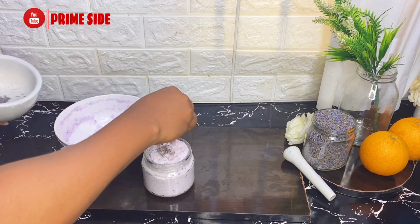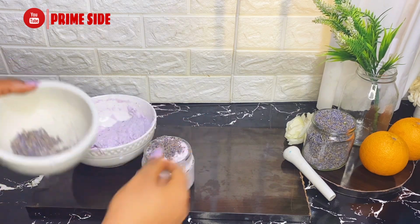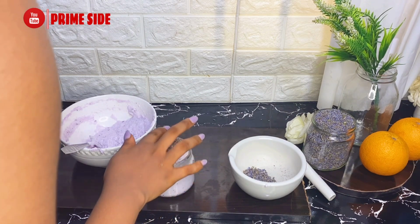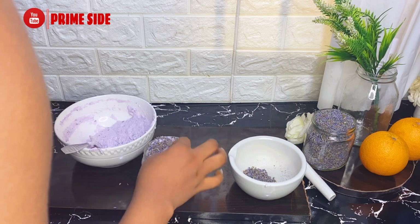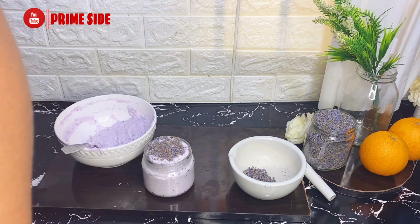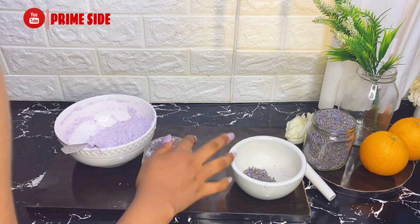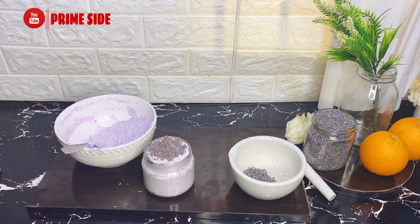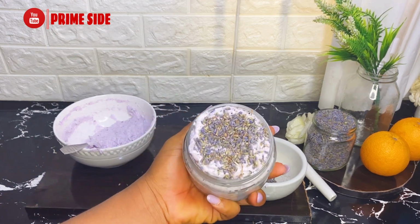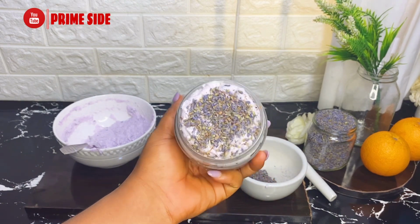Okay, so the remaining lavender buds, I'm just gonna place on top of the lavender scrub, and this is gonna make it look so beautiful. It's really not for any therapeutic use necessarily, but it's just for the beauty of the product. So I'm just gonna place the lavender bud on my scrub, and we are good to go. So here is our lavender scrub, as beautiful as it can be, so lush. Over time, when it calms down,